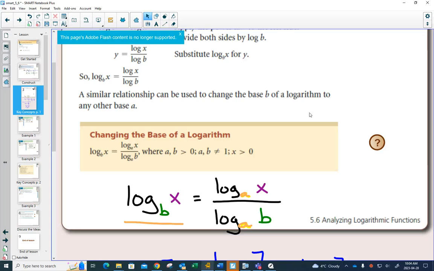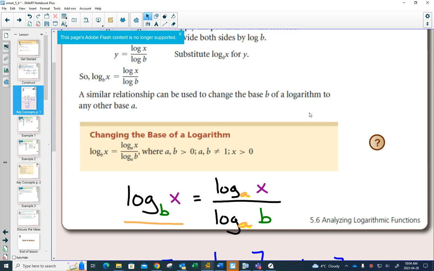At the top of page 402, we have the last formula that's on our formula sheet, which is called the change of base of a logarithm. And we're going to learn where it comes from. So if you have any logarithm with base b of x, you can change it to any new logarithm